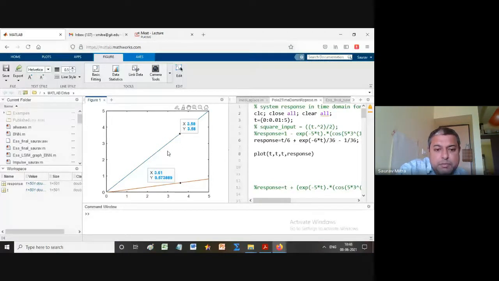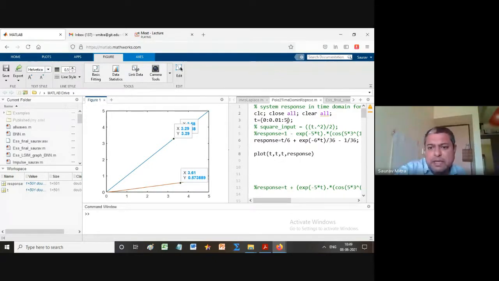So this blue graph is the input graph. At any time input is equal to output. So at x, output is t. So at 3.58 output is 3.58. Output is actually the input. So this is the input line. At any point, time and input will be the same. So at 3.61 also this blue line will give 3.61. So here you are finding for the below. So this red line below is the output. And you are finding that input and output are diverging as time goes by.